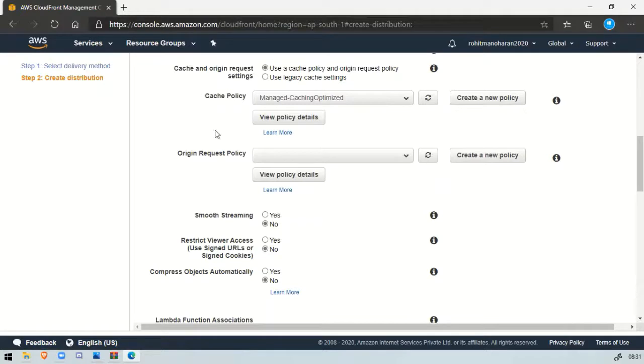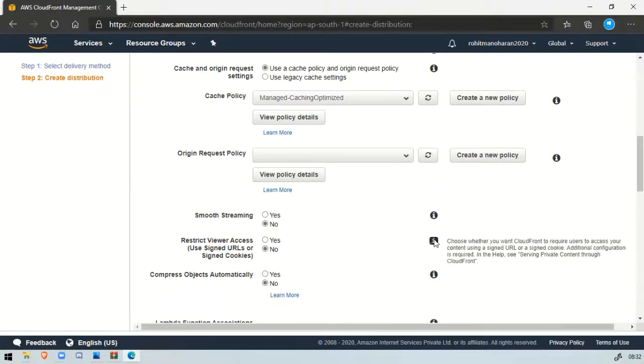The next thing I want to share with you is restrict viewer access, use signed URL or signed cookies. This is useful when you are a media platform or any platform like that. For example, if you are Netflix or Amazon Prime, you need an authenticated URL so that your users can be authenticated and forwarded to your S3 bucket.